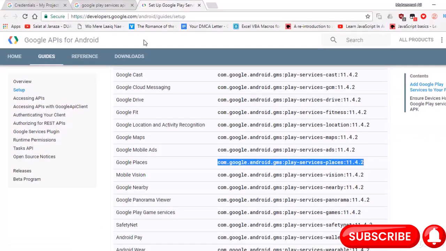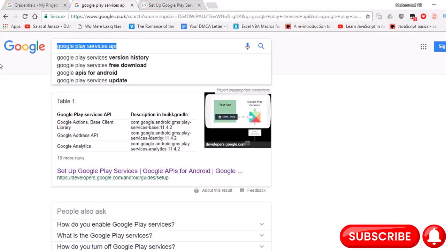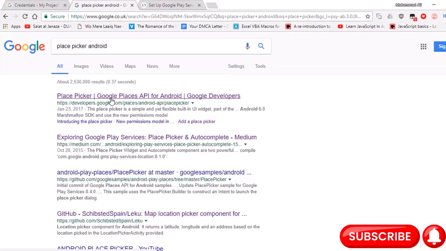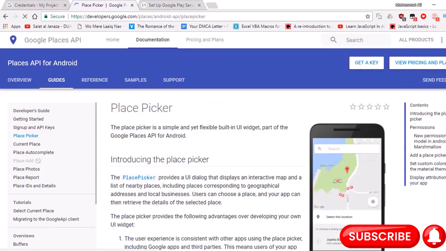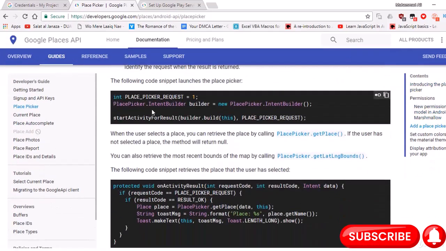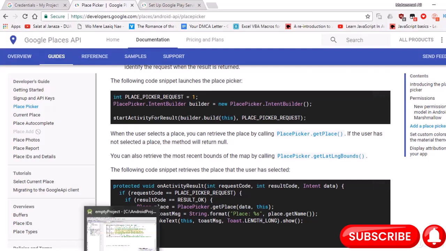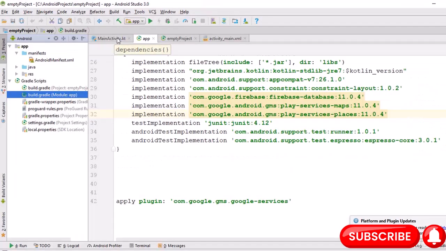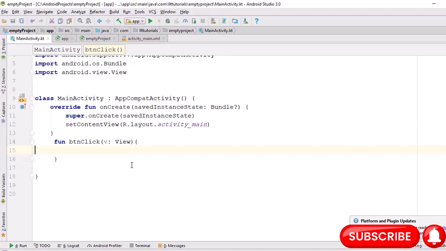Now let's go to Google and search for Place Picker Android, and we're gonna go to the first page on developers.google.com, and this is our first snippet. So we need to create a builder, intent builder, and then start activity for result and builder.build and the place picker request. Easy, right? So we're gonna come back here, and in here we're gonna say var builder is